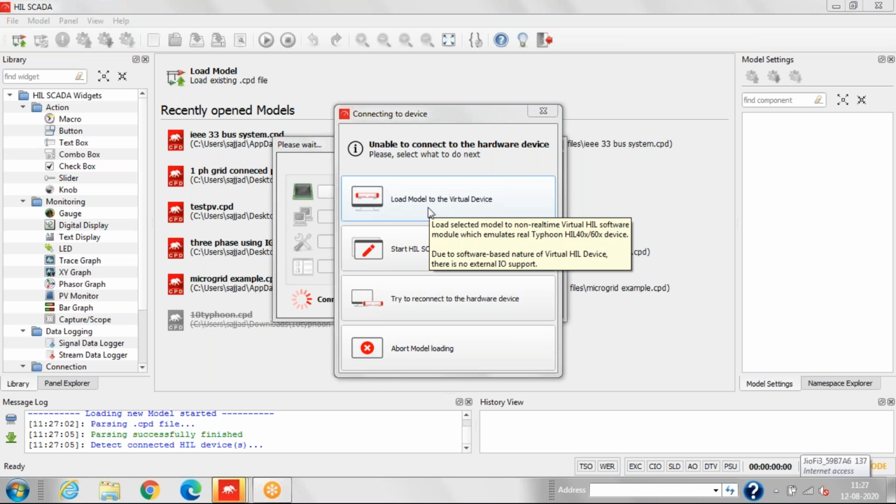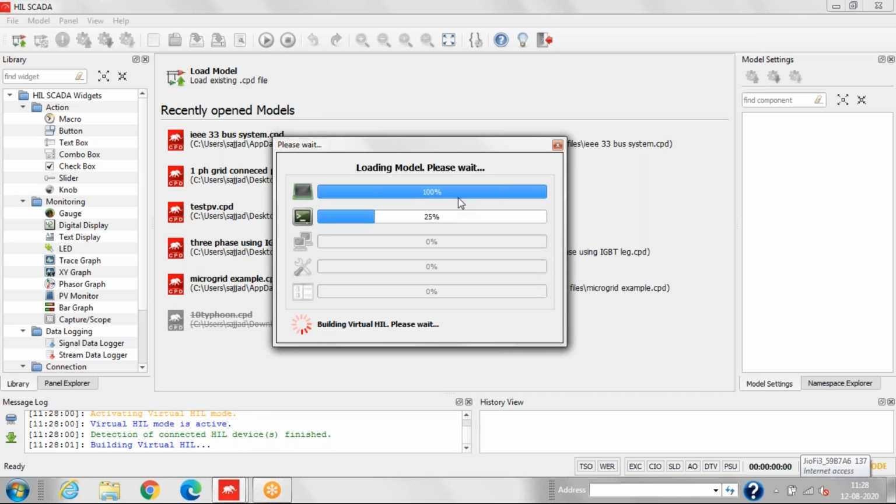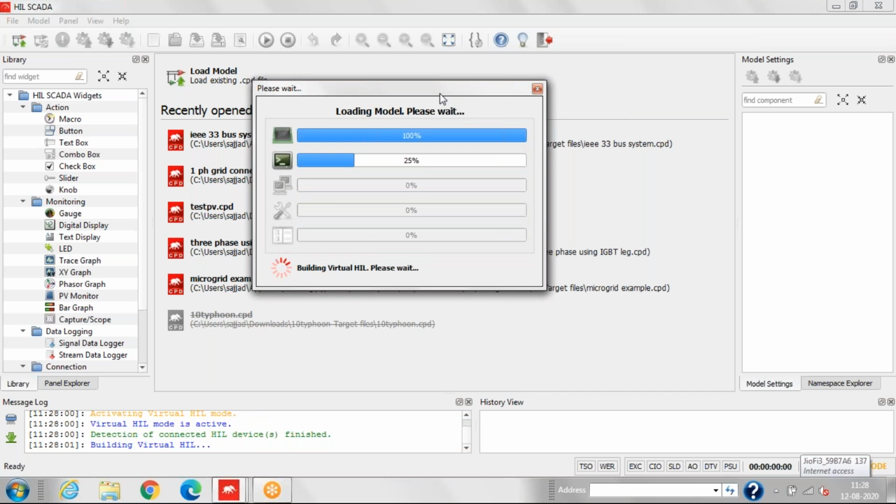Sometimes your internet connection goes wrong, so you have to check your internet connection if that happens. So we'll load the model to the virtual device, because we are not connected to any field device right now. So we'll select this load model to virtual device. It is loading our model. First it builds the model in the virtual environment, then it configures our model, then we start building the model into the SCADA panel.